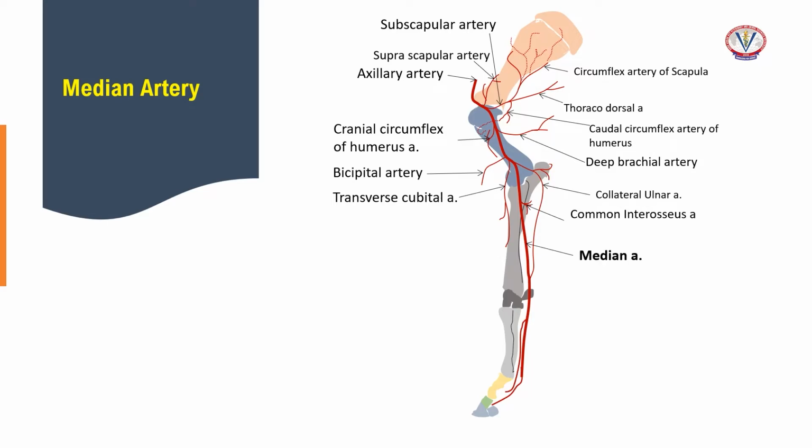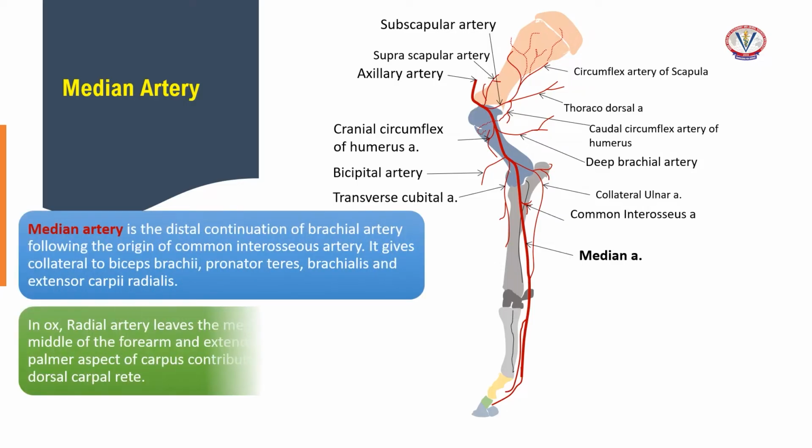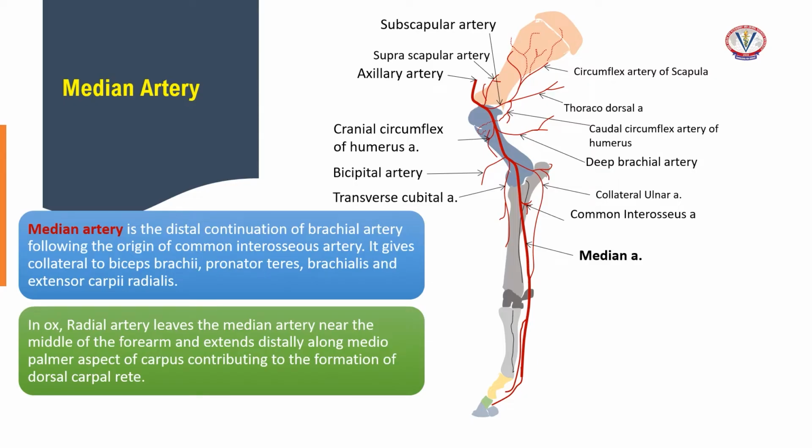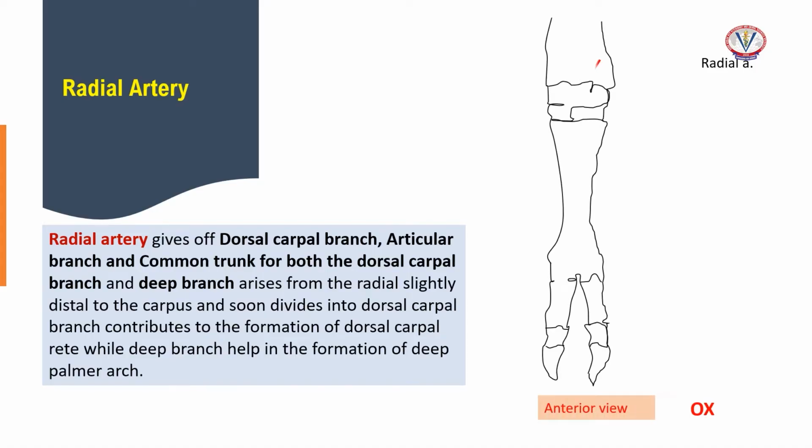In ox, the radial artery leaves the median artery near the middle of the forearm and extends distally along the medial palmar aspect of the carpus, contributing to the formation of the dorsal carpal rete. It continues in the form of medial palmar arteries in the metacarpal region and further divides into medial and lateral palmar digital arteries above the metacarpophalangeal joint. The branches of digital arteries distal to the metacarpophalangeal joint are symmetrical, and the two arteries form the terminal arch in